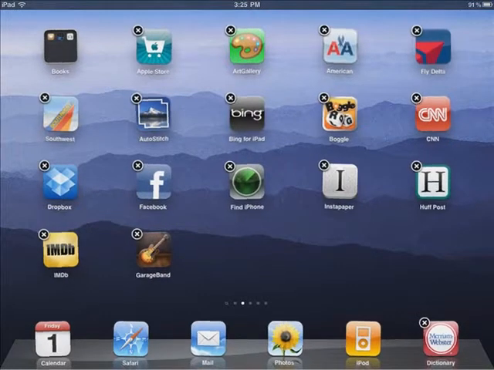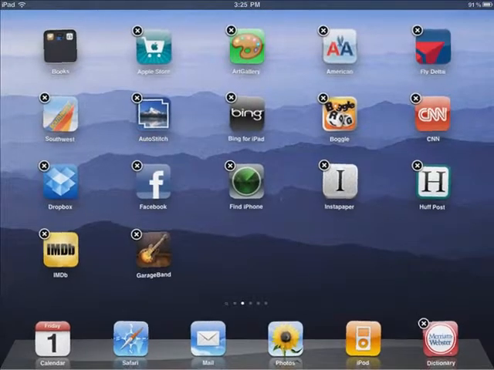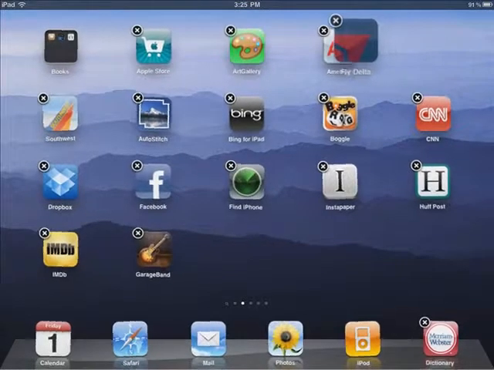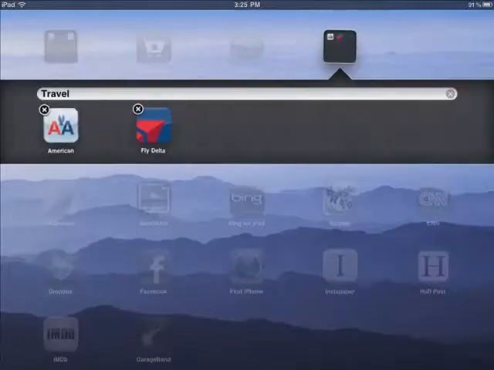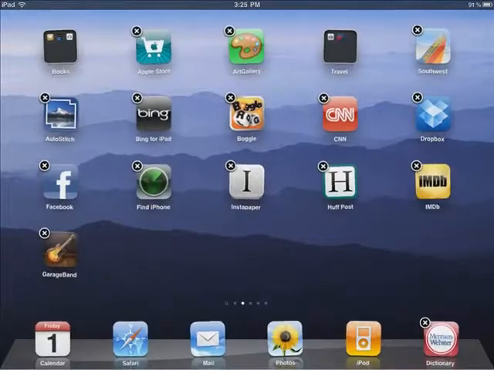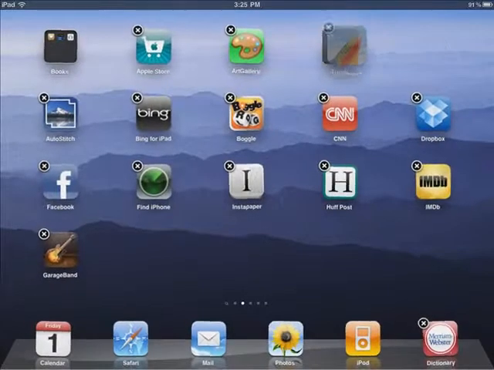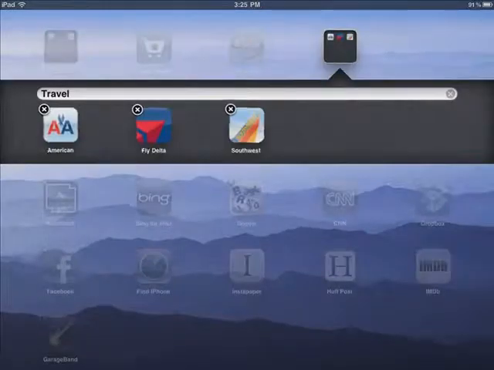until they start shaking. And let's say I want to make an airline group or an airline folder. I drag and drop Delta on top of American. Now I've created a travel folder. I also want to add Southwest, so I'll drag and drop that on top, release my finger, and it adds